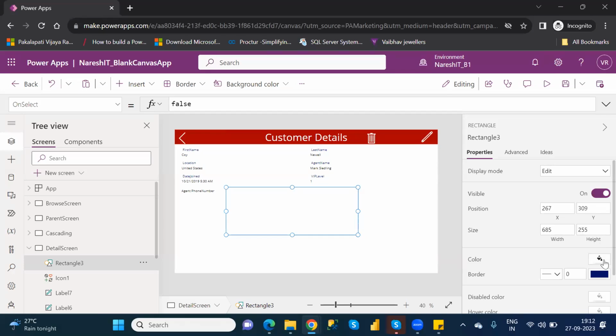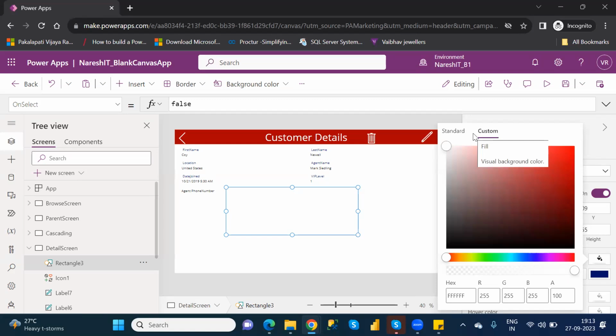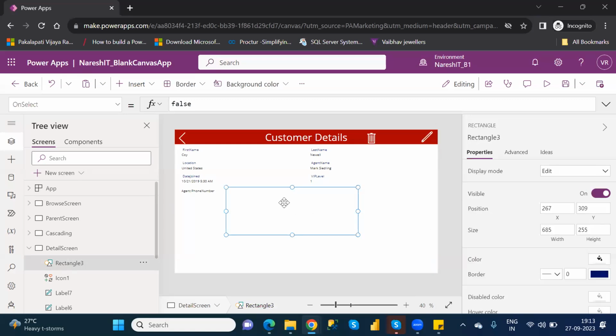And here, I want to change the transparency. This is a shape, and in the shape itself you are putting some message.